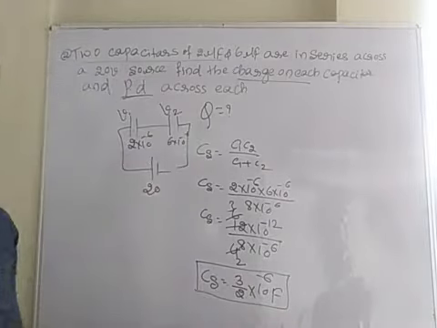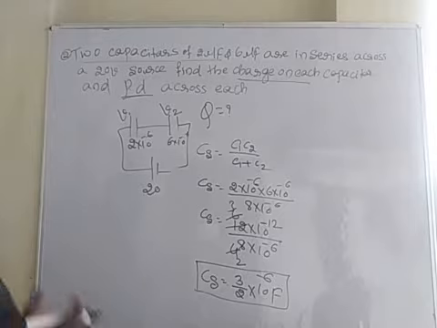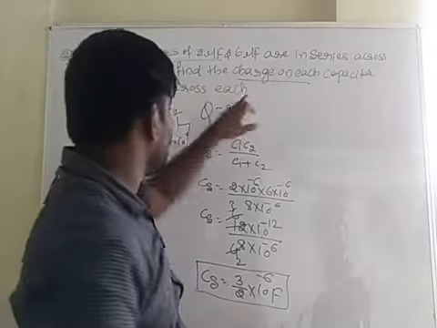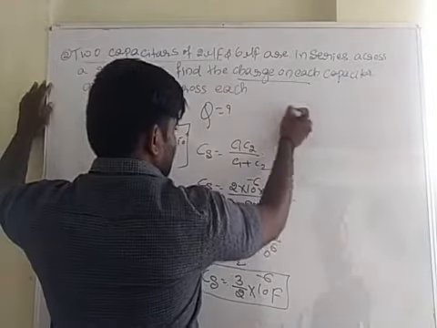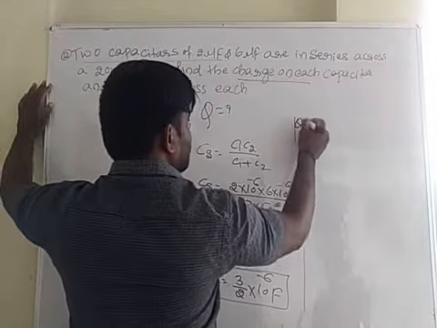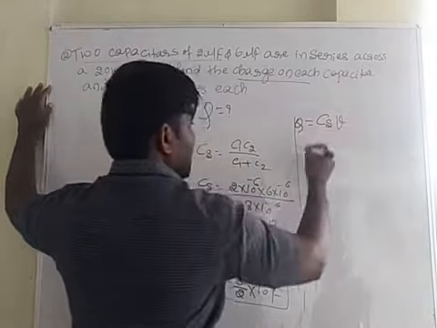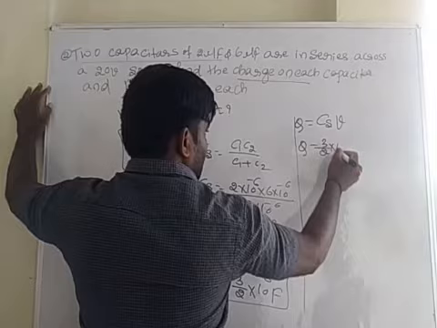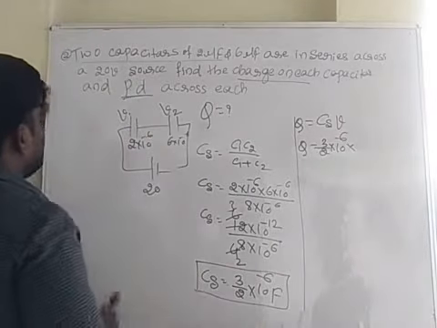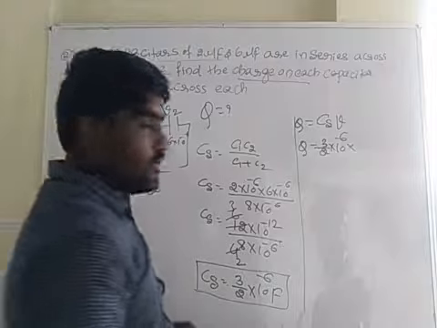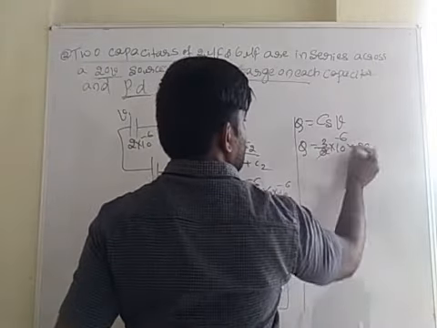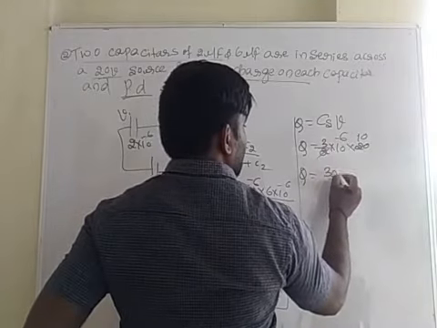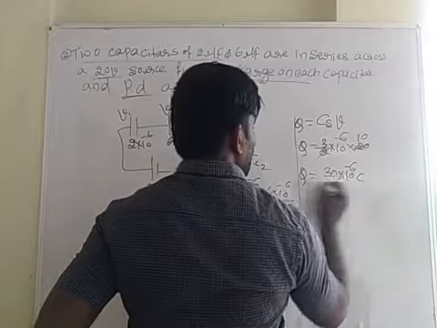CS we had calculated. Then Q is what I want to calculate. So Q is equal to CS into V. This Q is equal to CS, we know, 3 by 2 into 10 to the power minus 6, into what is your V? It is 20 volt, I am writing 20 here. 2 1s are 2, 2 10s are 20. So Q is equal to how much are we getting? It will be 30 into 10 to the power minus 6 coulomb.